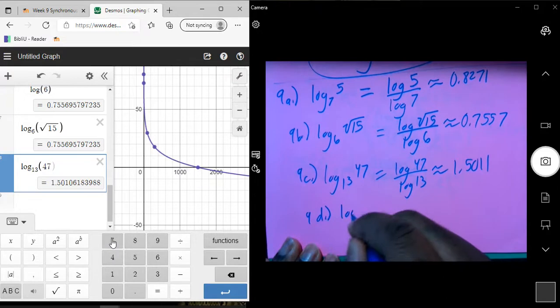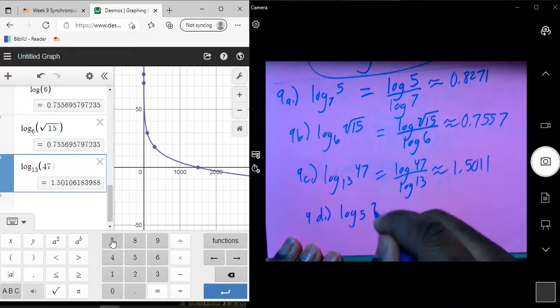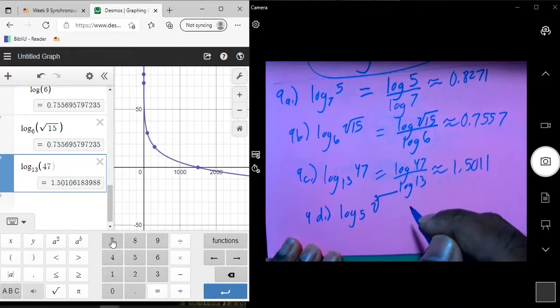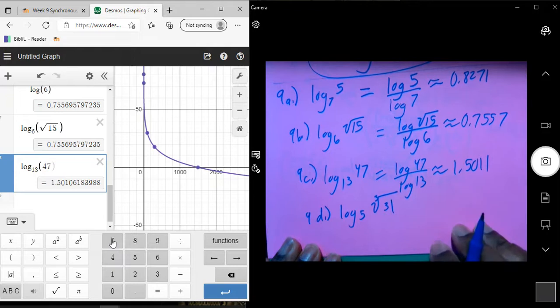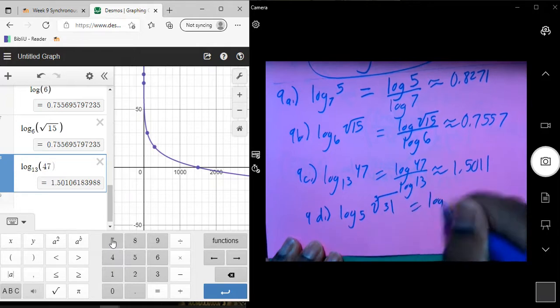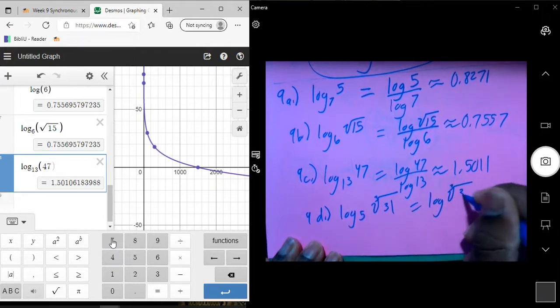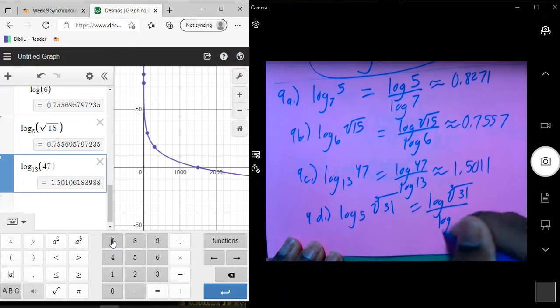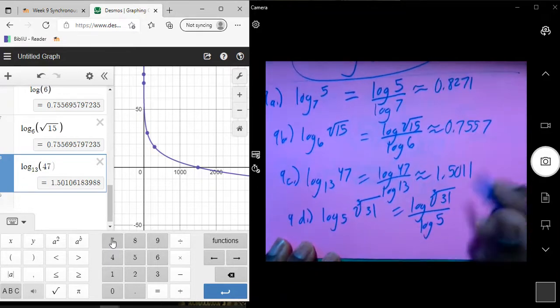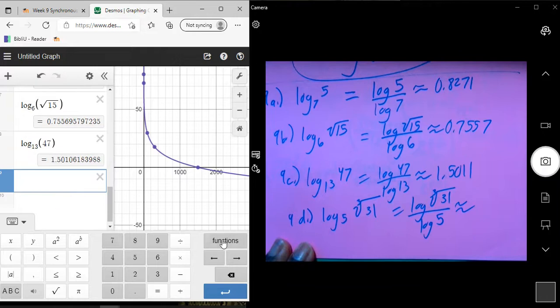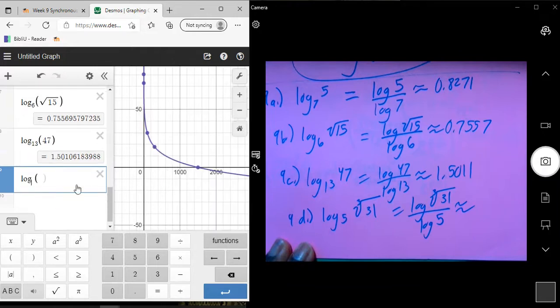And then we go to 9D. We have log base 5 of the cube root of 31. So this would be log cube root of 31 over log 5. All right. So we'll go here to this function, log, and then it'd be base 5, then parenthesis,